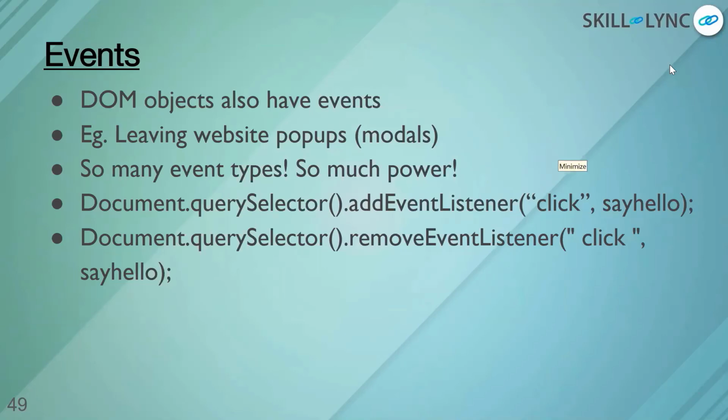What's the difference between query selector and get element by ID, or get element by class name or tag name? Query selector gives you a lot of flexibility to use CSS selector type things. Like, as I said, class can be used with a dot sign and ID can be used with a hash sign. You can also use get element by ID and get element by class name. That's also not an issue. So all of these are valid syntax of JavaScript.